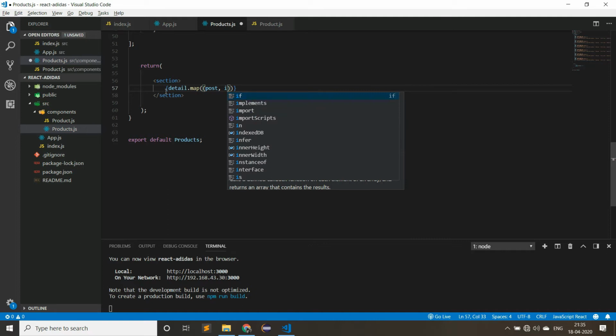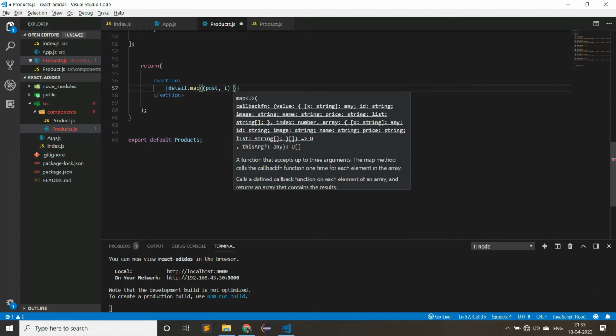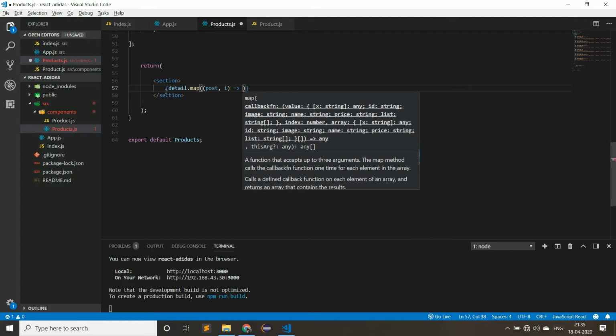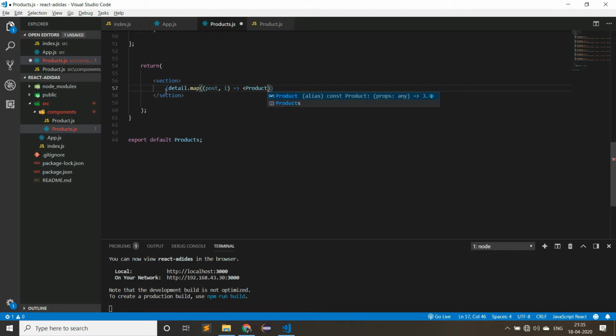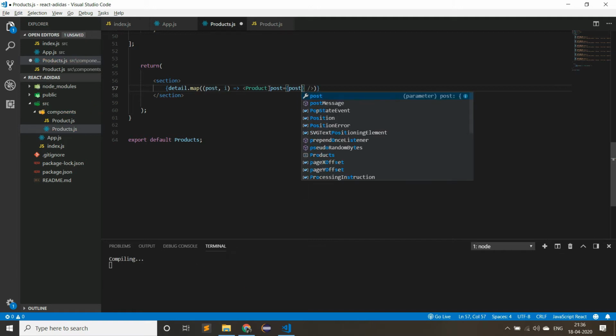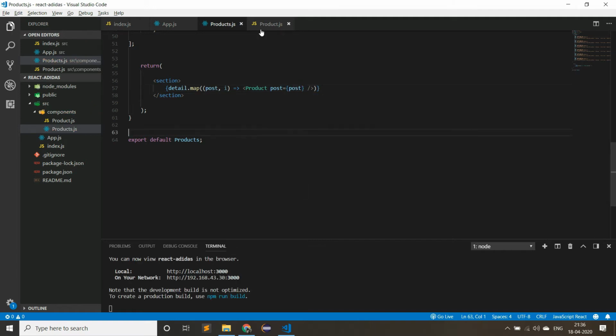So here we are getting the products as post and then the index i. So it will take the arrow function and let us return the product and then send the props as post. So write as post equal to, and then open the braces, send the post.